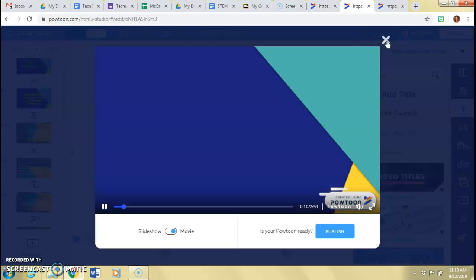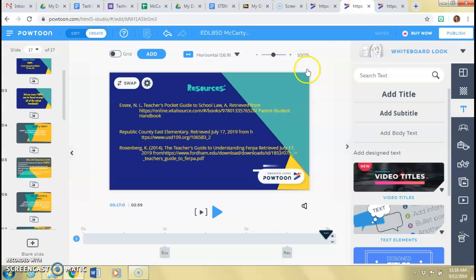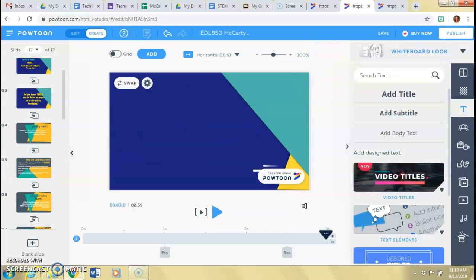I really like Powtoon. I think it'd be a great thing to try with your kids. I think they would like to do the movie version of it and include music, and it's pretty fun. So that is all I have for